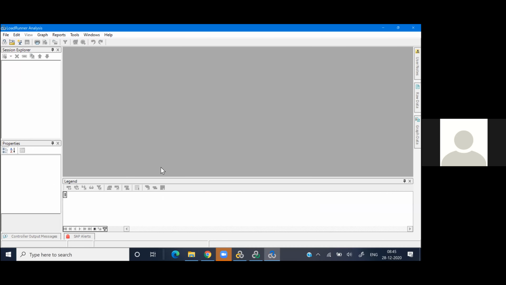Sometimes we face some issues when launching the controller. I faced one issue previously. I just want to verify that all the components work without any issues. Now your LoadRunner Analysis component is also launched, right? So the LoadRunner 2020 Professional Edition installation is successful, right?